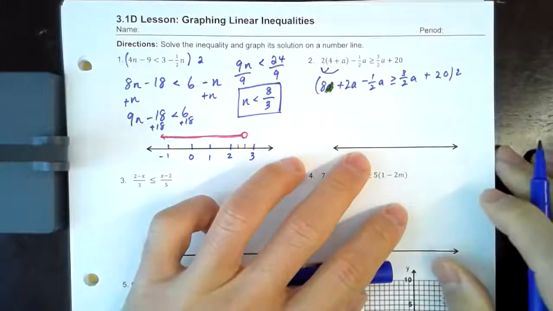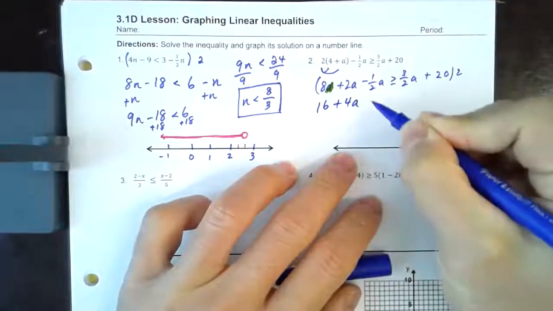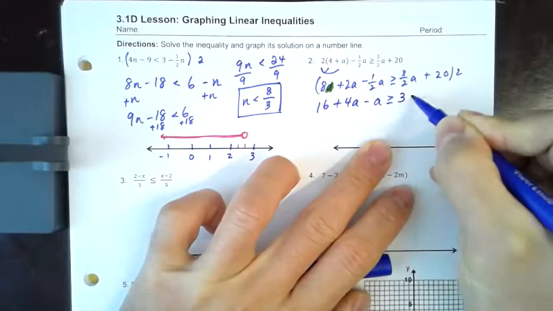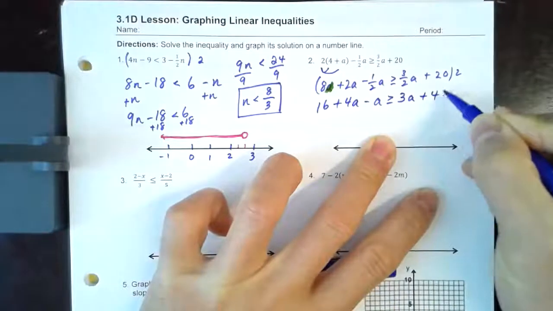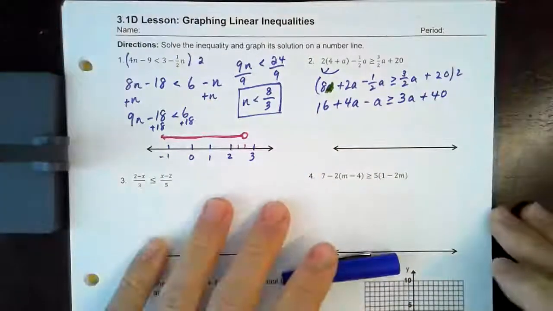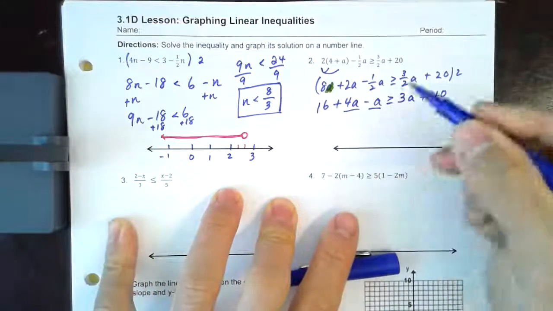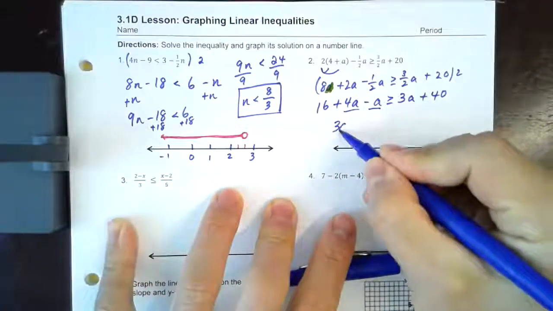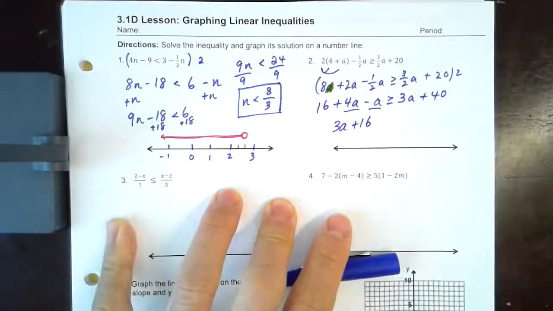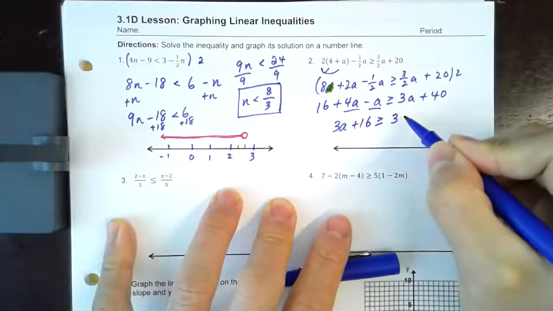multiply the entire inequality by 2, right? So then I get 16 plus 4a minus a is greater or equal to 3a plus 40. I'm starting to notice something. I don't know if you see what I see, but I'm starting to notice the 4a and the negative a becomes 3a, 16 is obviously still there. 3a plus 16 is greater or equal to